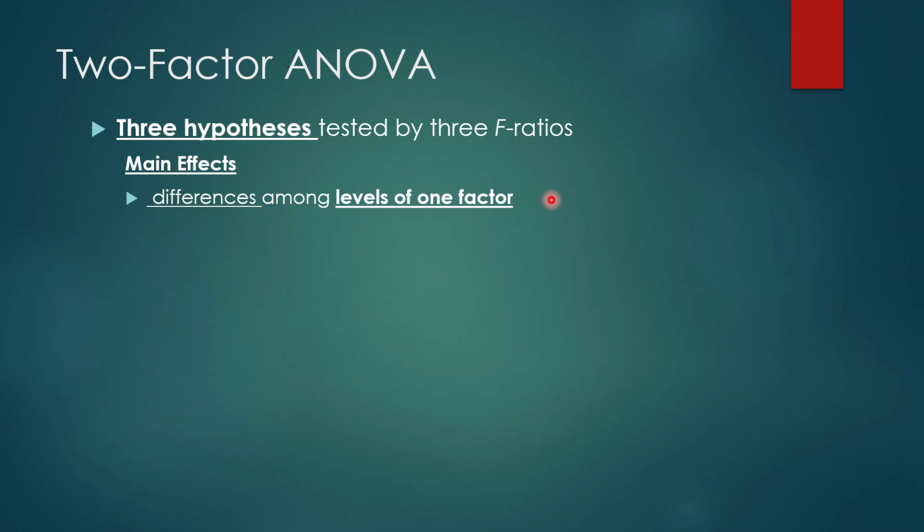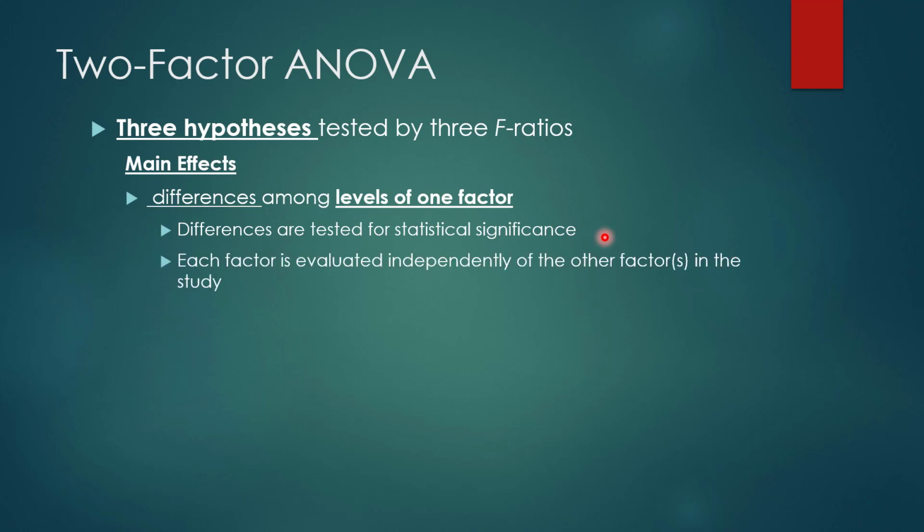For independent variable B, we're looking for differences among those levels. Those differences are tested for statistical significance, and you get an F ratio. Each factor is evaluated independently of the other factors in the study. So looking at one independent variable, regardless of